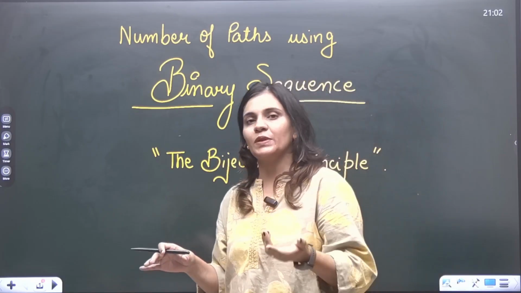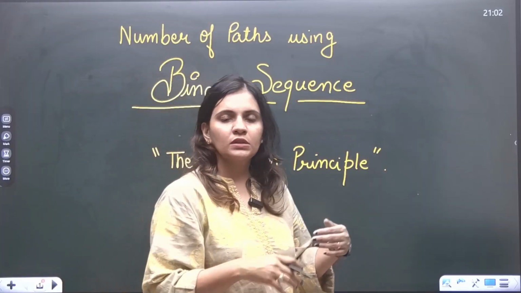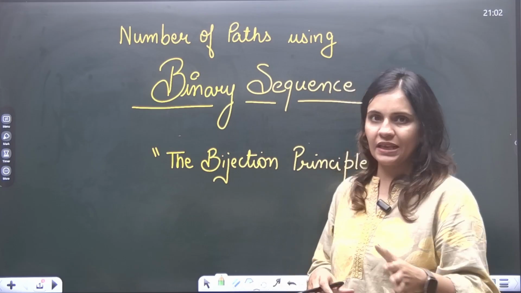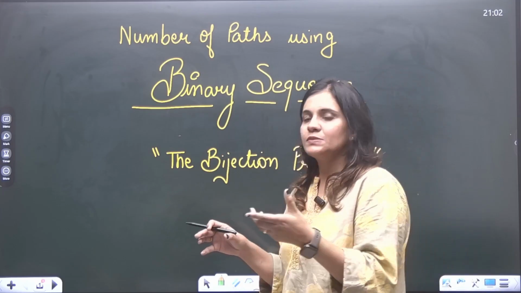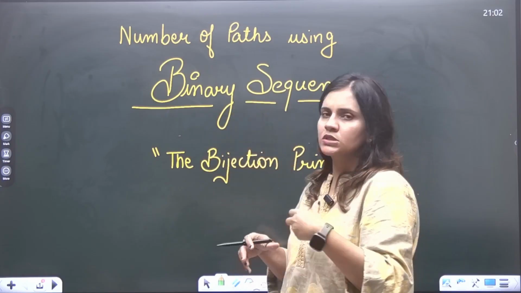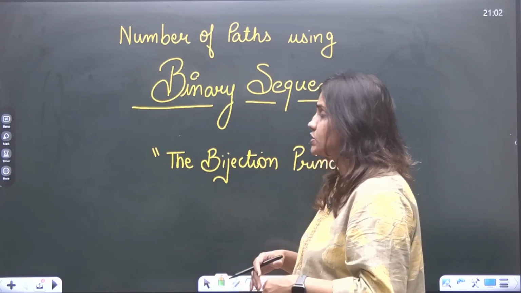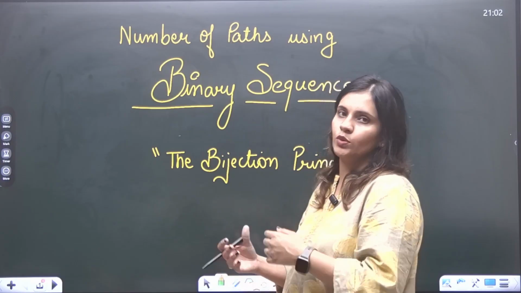I will explain this concept from the basics, and then we will jump to the actual problem in the next part. So this first part is basically the introduction of this binary sequence, what it is, why we use it and how to use it in a simple question, and then we will jump to the actual QM question.